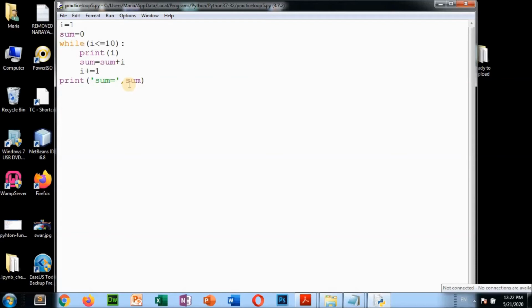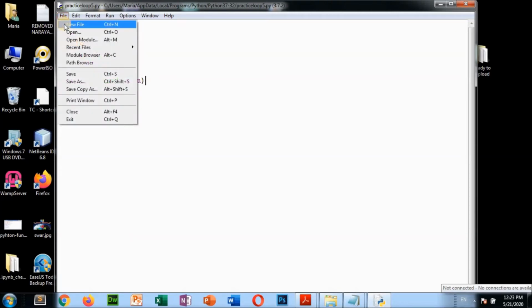Okay. Now another program, suppose I'm going to show you, that is using for loop. Okay, while loop we have done. Similar programs you can do, different programs you can practice on your own. Suppose display the prime number, display the factorial, display the even numbers. So different programs you can do. Okay, now I am going to show you some different programs using for loop. The same programs that I have done till now, these programs you can do using for loop also. These programs we have done in while loop, but you can do them in for loop also. So now I am going to show you some examples of for loop.